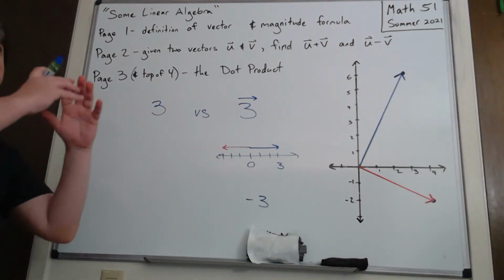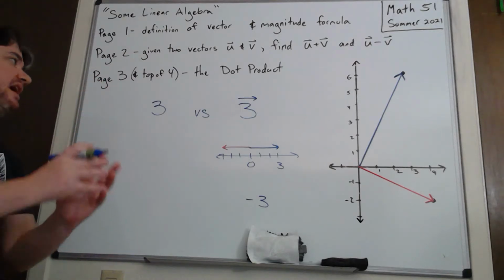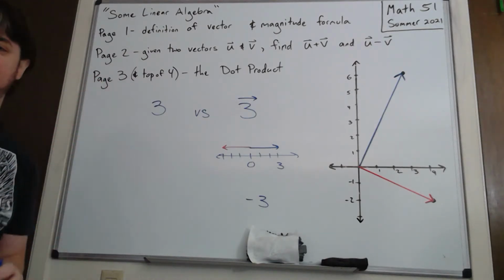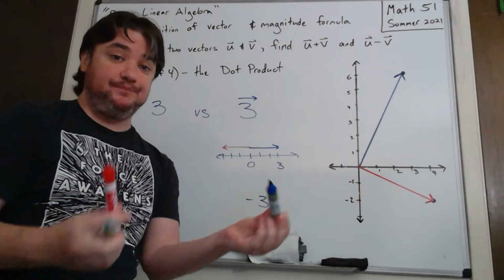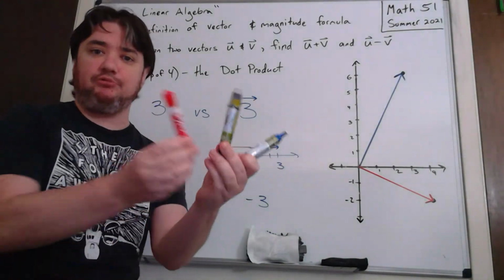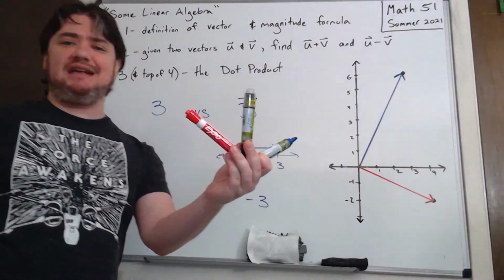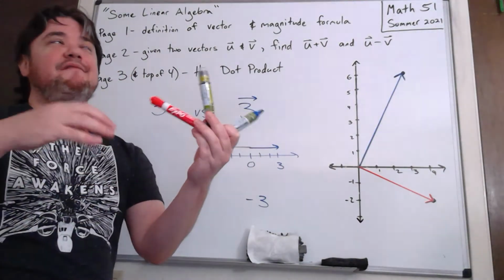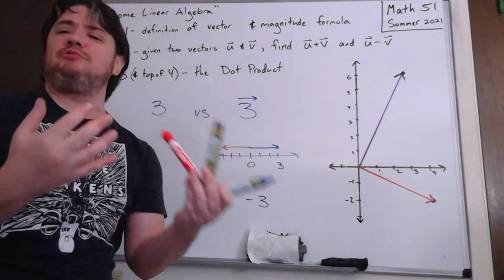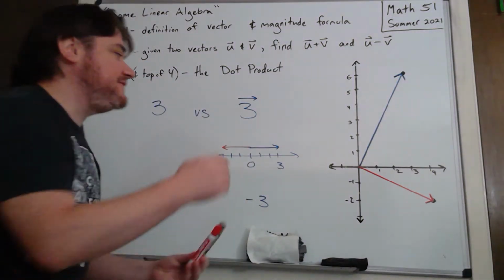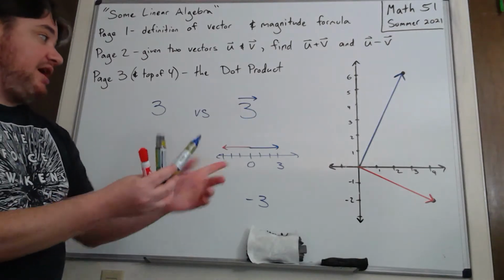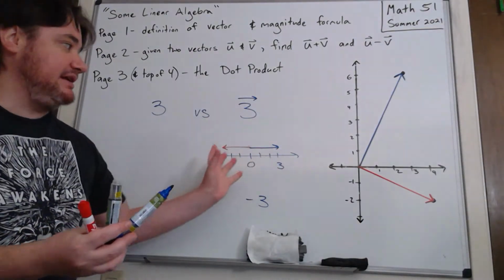As a mathematical object, the concept of 3 could mean different things. So if I said, how many markers am I holding right now? 1, 2, 3, right? In this sense, I'm thinking of 3 as a value, but I'm not really thinking of a direction associated with that. I'm just counting up objects. You might say, if you denoted what this means on a number line, you might say 1, 2, 3, and kind of